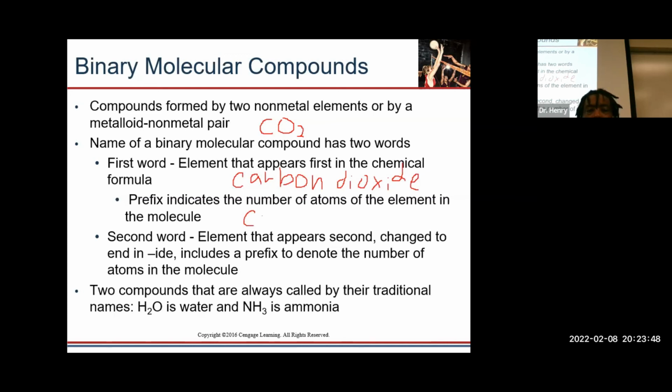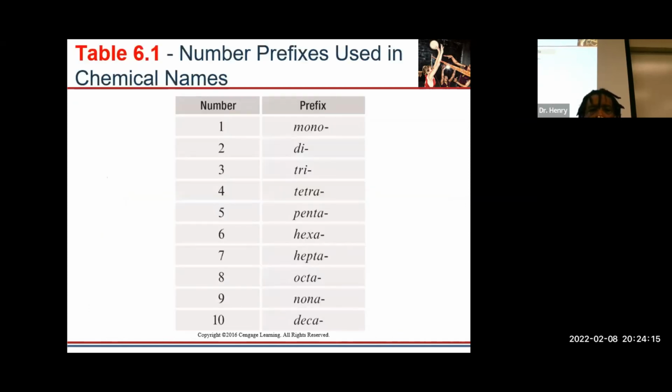If it's CO, it's called carbon monoxide. Okay, so these are called Greek prefixes. These are the prefixes that are used for one, mono; for two, di; for three, tri; for four, tetra; for five, penta; for six, hexa; for seven, hepta; for eight, octa; for nine, nona; for 10, deca; for 11,